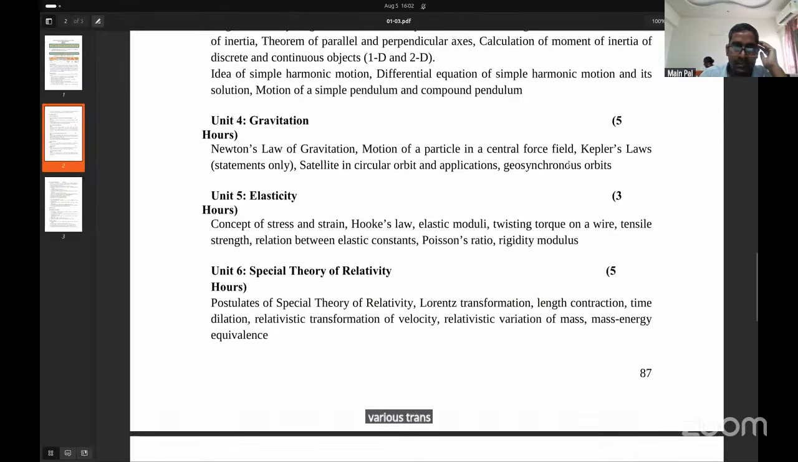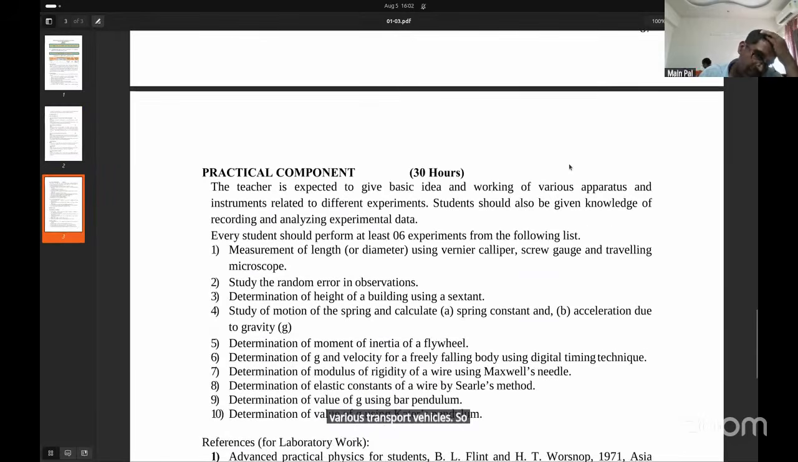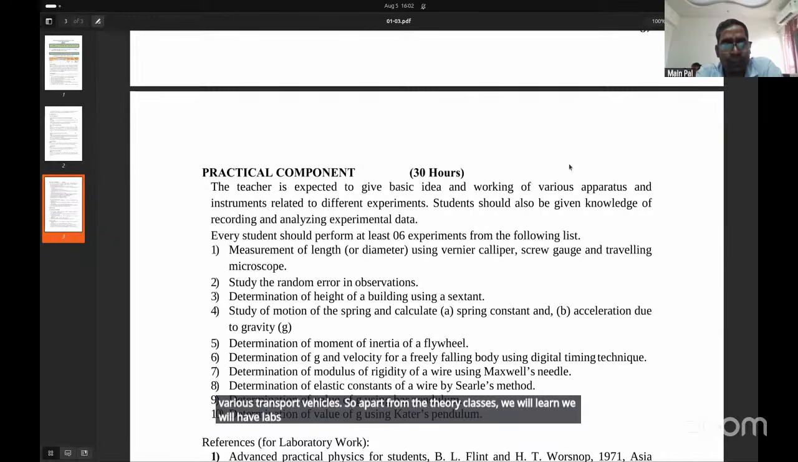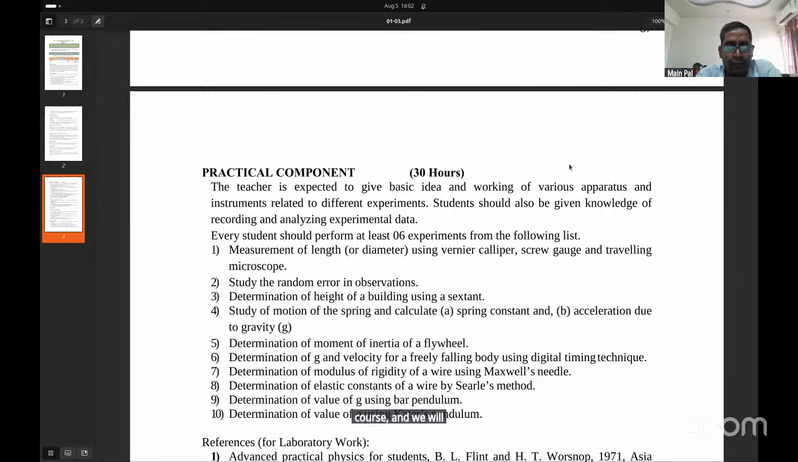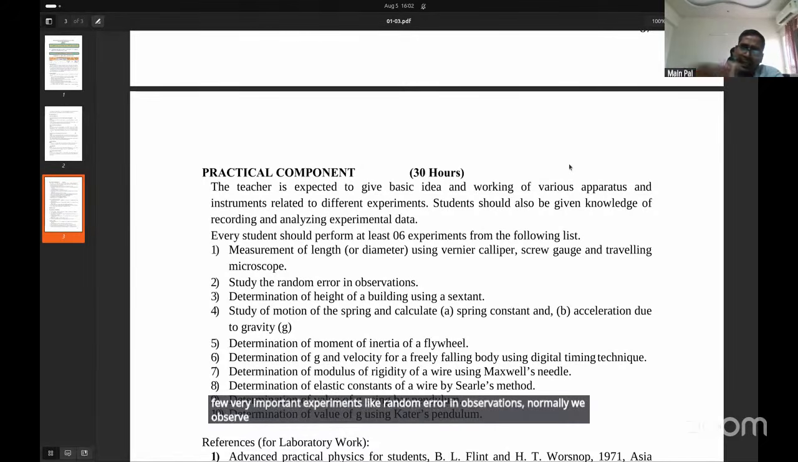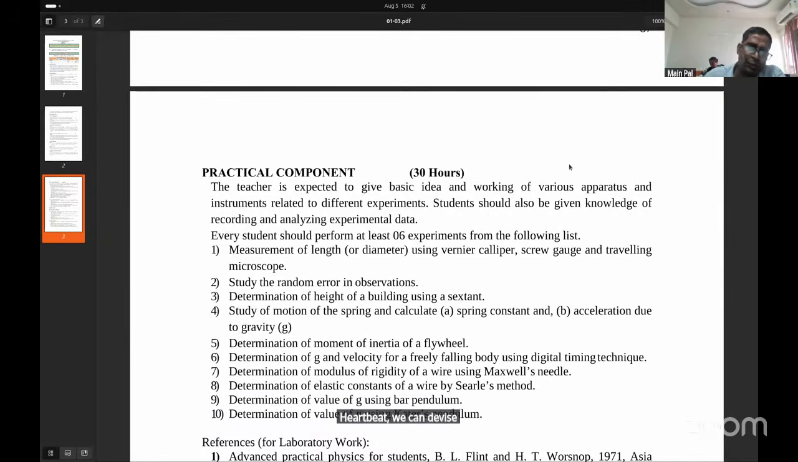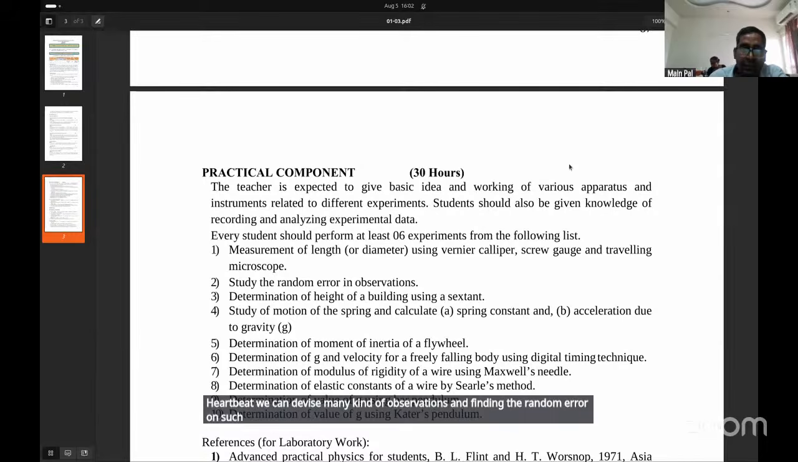As we travel in buses and trains, we see relative motion in various transport vehicles. So apart from the theory classes, we will have labs for this particular course, and we will learn a few very important experiments, like random error in observations. Normally we make any kind of observation, like the heartbeat. We can devise many kinds of observations,